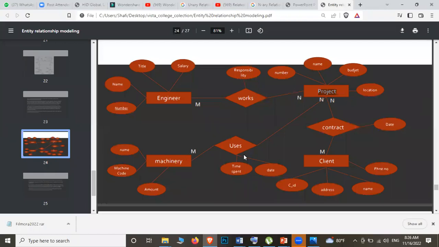And then machineries, okay, is being used for projects. So here is, as you can see, machineries will have a code for it. Okay, so this is going to be the primary key, and then each machine will have its name, and then the amount of the machineries, isn't it? How many machineries that we have, ඒ වගේ ඔක්කොම දාන්න පුළුවන් මේකේ. And then projects පාවිච්චි කරනවනේ මේ machineries ඔක්කොම. Then time, how long this particular machine has been taken and used for one particular project.